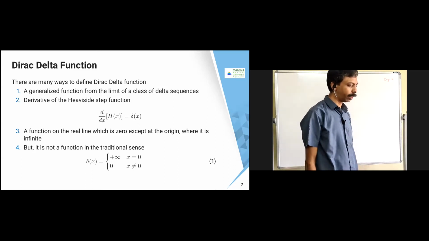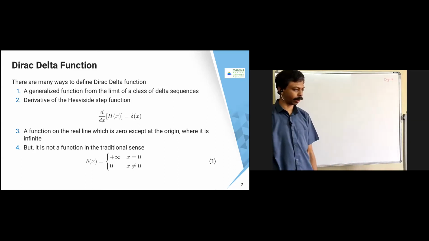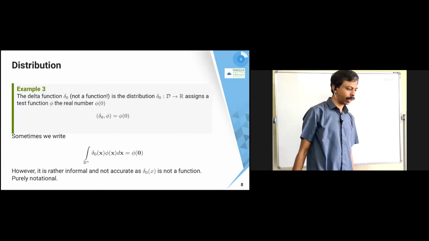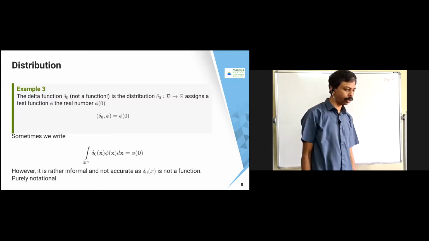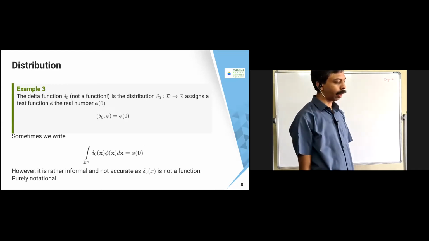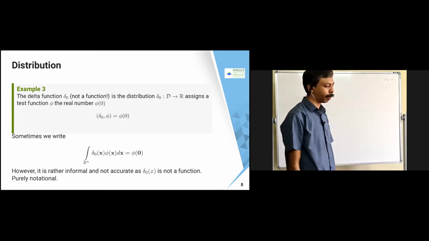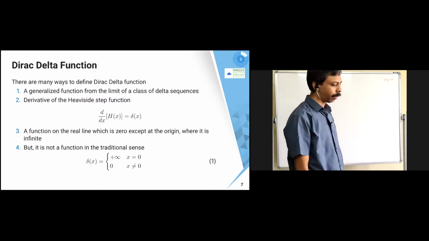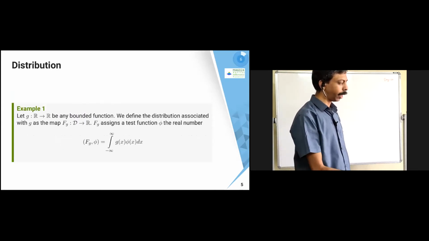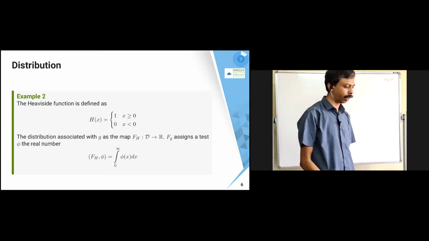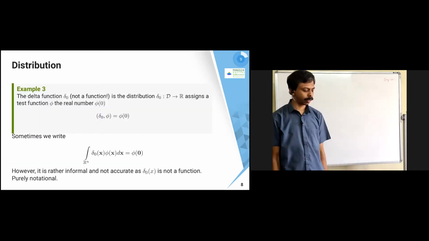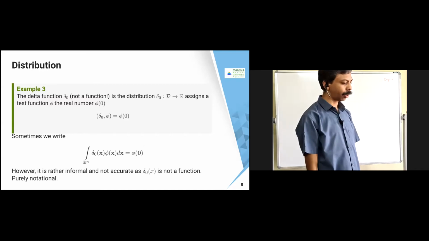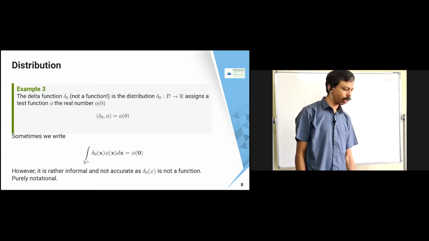So this is the one which we define as the Dirac delta function, and then we define the distribution for that also, that is called delta naught. In that case, we define the functional like delta naught comma phi is nothing but phi of 0, because we use this definition always. This is the definition we always use for defining the rest of the things. So in that case, if we substitute the integral of delta of x and phi of x dx, that is going to become phi of 0.